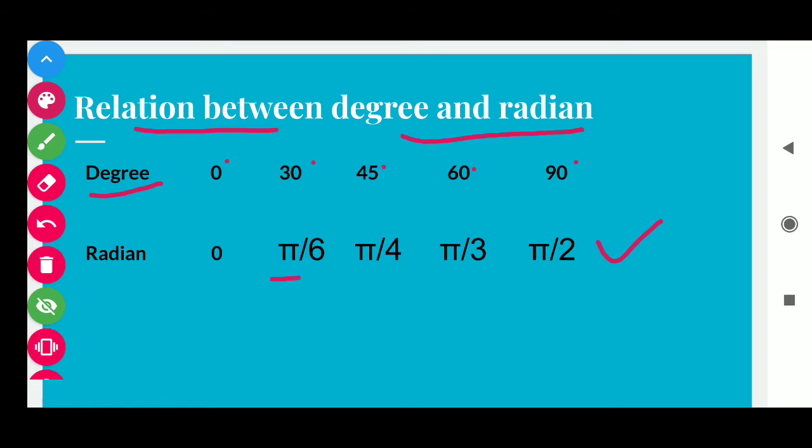Here you can see that the degrees are 0, 30, 45, 60 and 90. So students, we can write 0 as it is, 0, and 30 is equal to pi over 6, because pi is equal to 180. If you divide 180 by 6, you will get 30. Similarly, here we have pi over 4, and here pi is 180. 180 by 4 is equal to 45 degree. Similarly, 60 we can write as pi over 3. The same 90 degree we can write as pi over 2. So students, in this way do more practice to write degrees in radian measure.